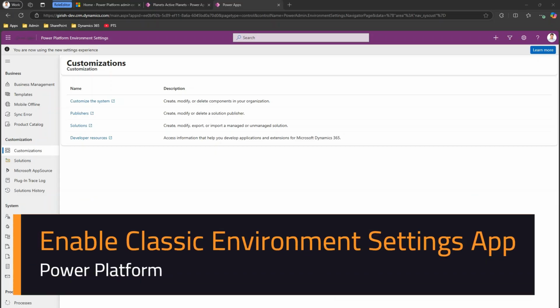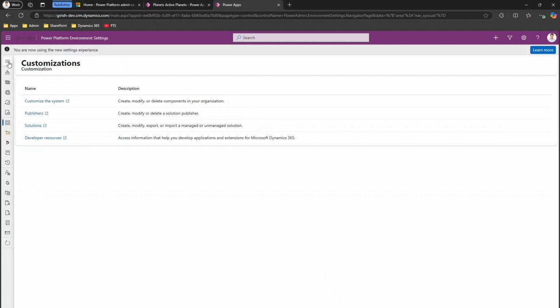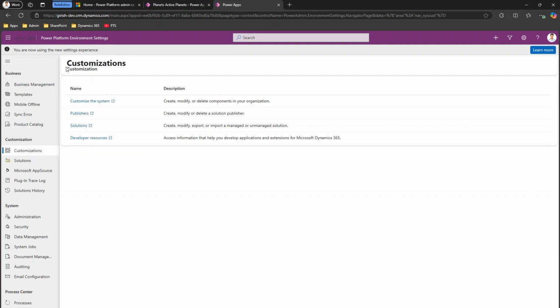In this video, I'll show you how to disable automatic redirection to a Power Platform environment settings app. Just to give you some context, this is a Power Platform environment settings app, whereby you can do various customizations for your environment. It is segregated into business, customization, system, and process center. Microsoft has built this new model driven app to do the settings within your Dynamics 365 Power Platform